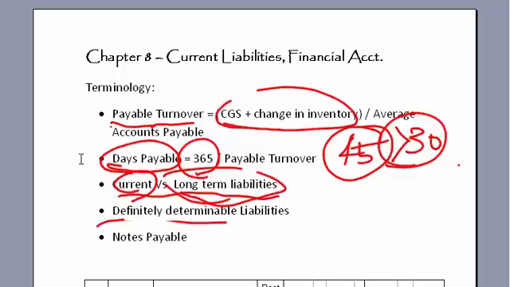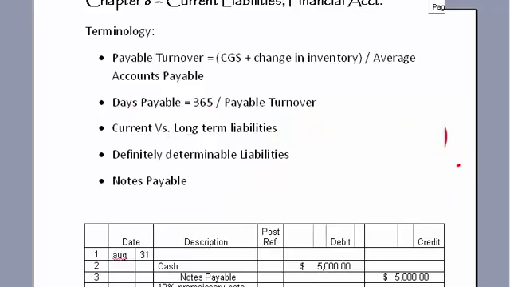Definitely determinable liabilities are those where you absolutely know the dollar value, so you don't have to worry about it being a contingent liability. Definitely determinable would be things like payroll. You know exactly who worked, how many hours they worked, and what the payroll wages payable is that you owe. If we go to notes payable now,